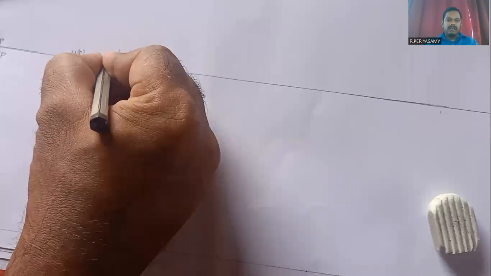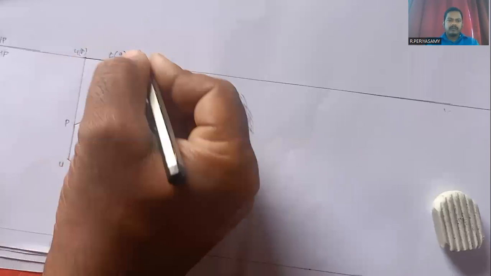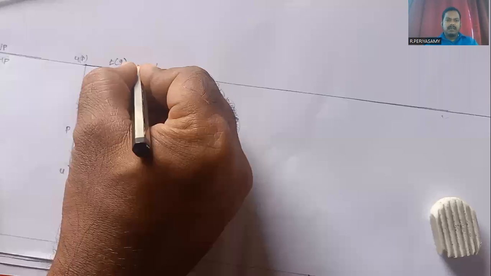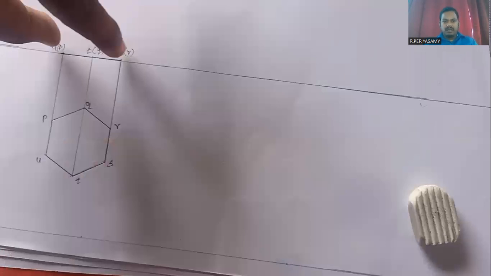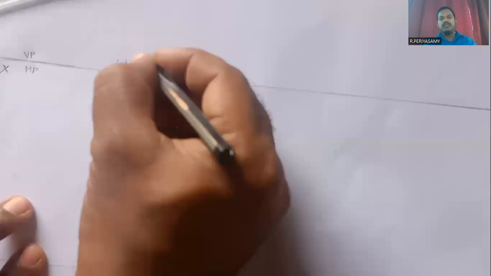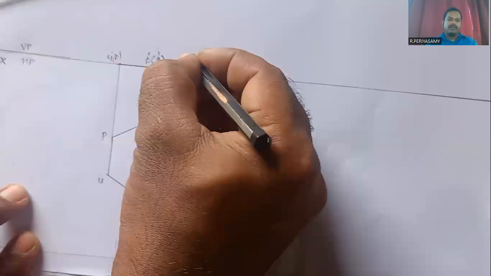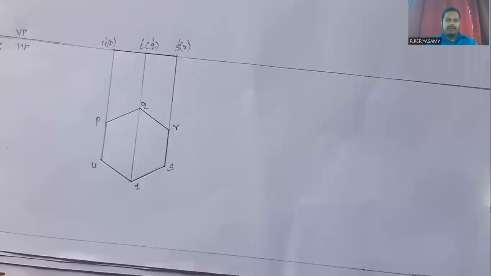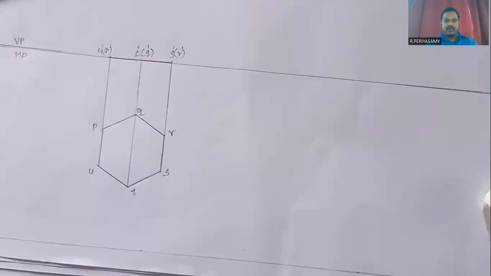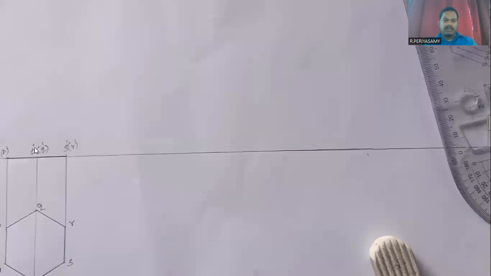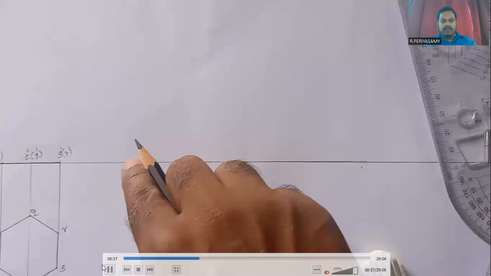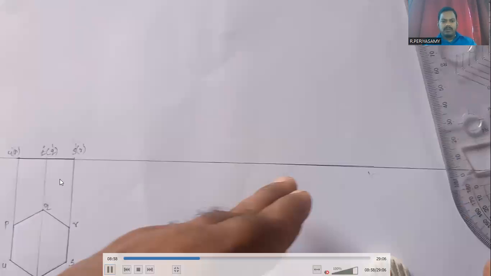Here T dash, Q dash hidden. Here S dash, R dash hidden. In top view projection, we don't mention dash. In front view projection, we mention dash for the difference purpose. Okay, this is a simple top view projection and front view projection for the